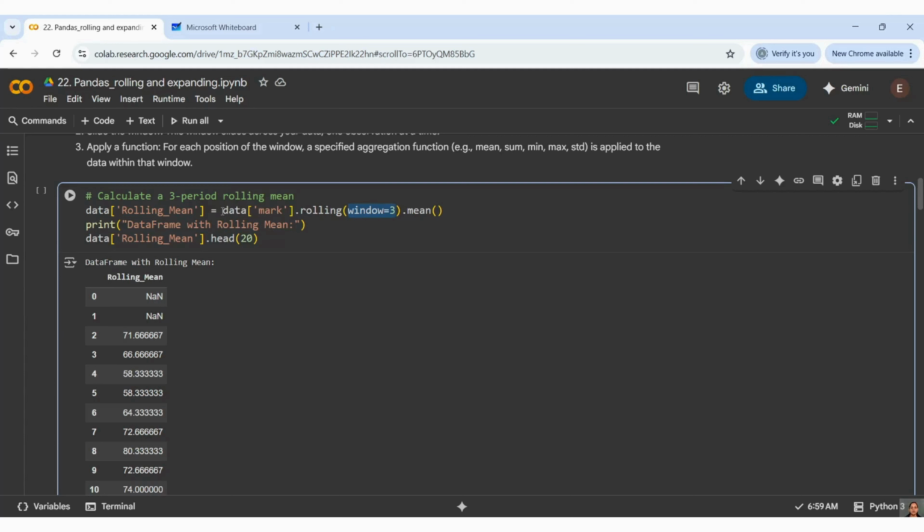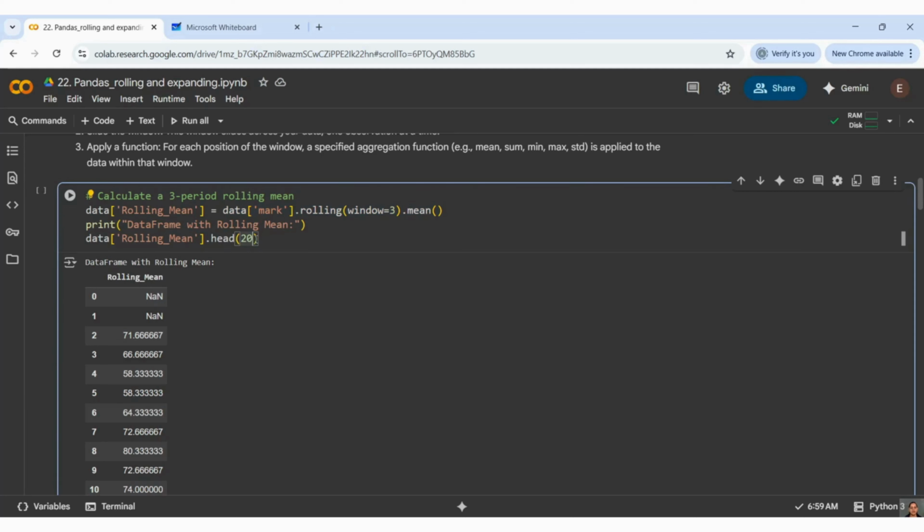Look, I have passed my mark column, and I am applying the rolling method here. So dot rolling, I am passing window equal to 3. This is the keyword you have to pass, and it is going to work in that specific window and slide over the data. Then I need the average, so I am using dot mean. This is how we can use rolling.